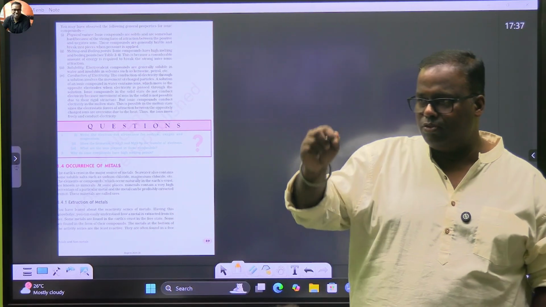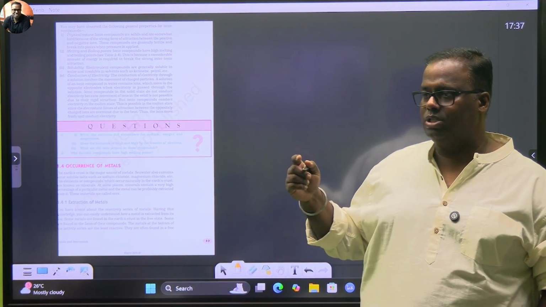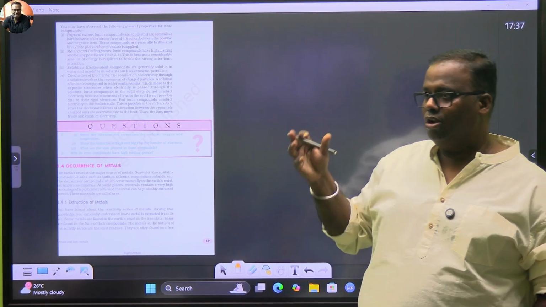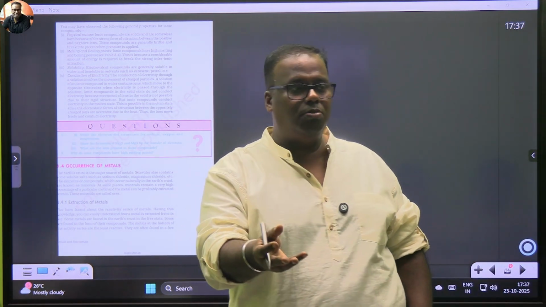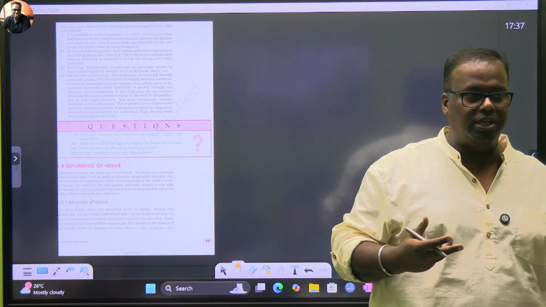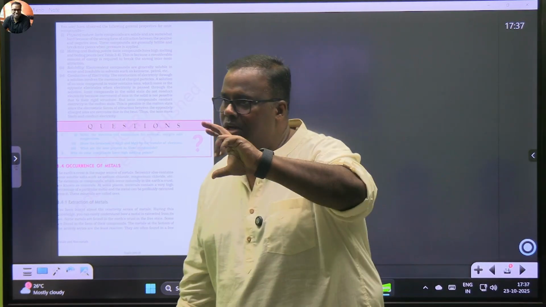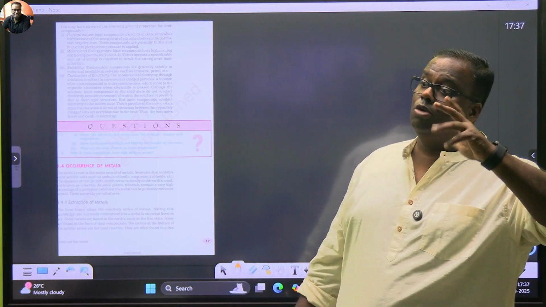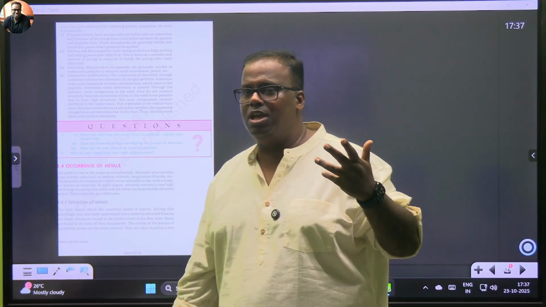Okay, now there's a thin line of difference between something called a mineral and an ore. A mineral will have the metals present in various compounds in it, but those minerals from which I can extract the metal economically, technologically, economically means after spending so many rupees I got only this much, but if I extract from this I get a lot, so I will call it an ore for this particular element which I am trying to mine out. Have you understood what I am trying to say? A mineral from which a metal can be extracted somewhat easily and also economically, where your return on investment is more. Like for iron we say hematite is an ore of iron.